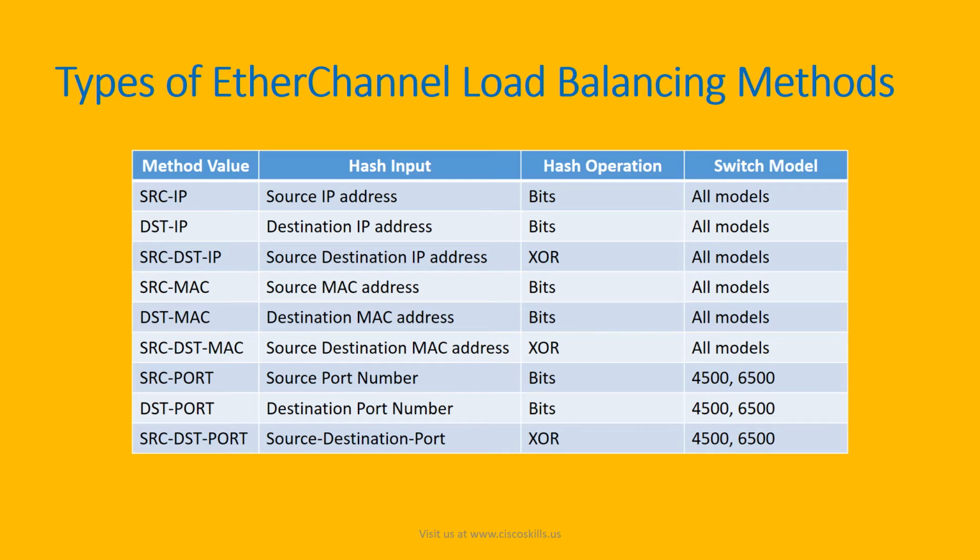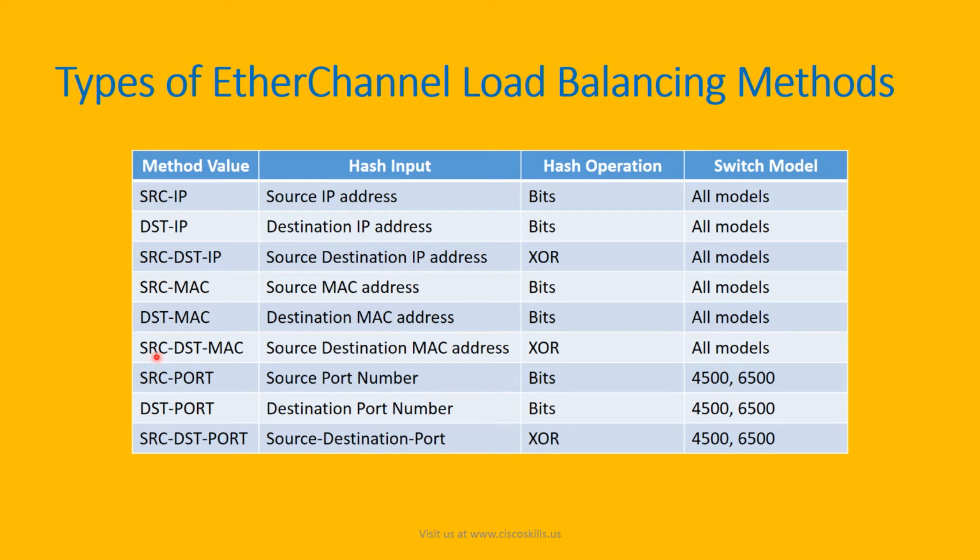And the MAC address, in many cases you should not choose a MAC address, or it's not going to distribute equally across the multiple links. And the port number. So let's look into the IP address first, and we can figure out the MAC address and the